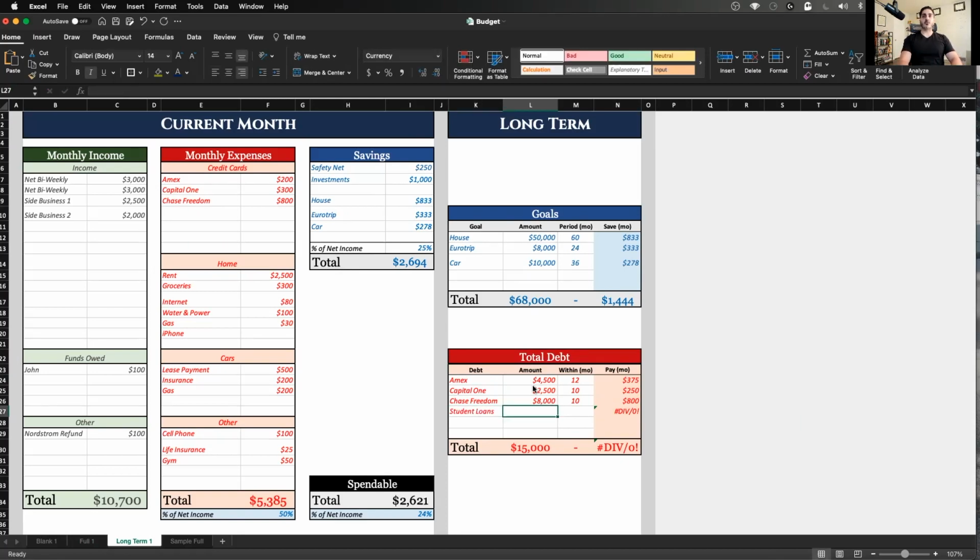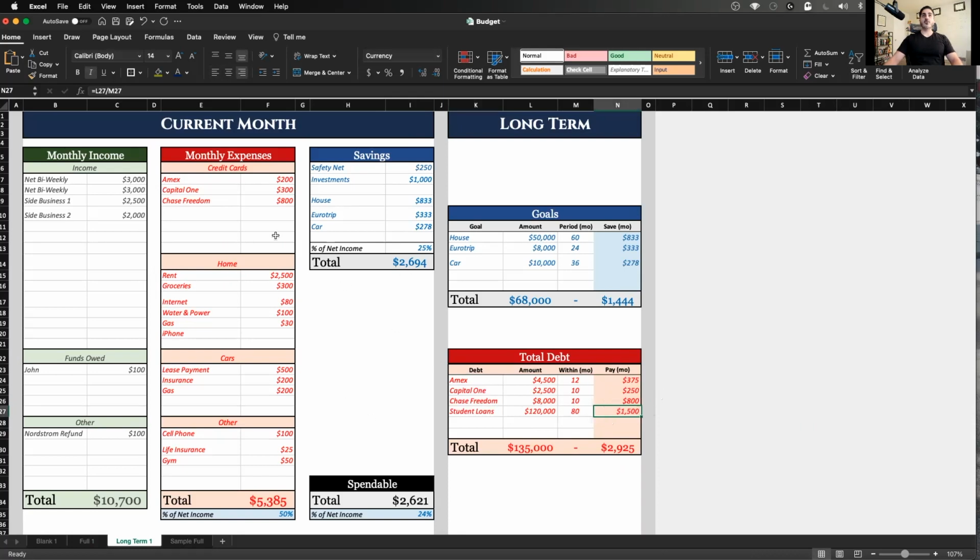Maybe you're on a student loan program. Maybe you want to pay in addition, or whatever else your case might be. So whatever your debts are, right? Student loans, $120,000, and I want to pay that off, let's say, in 80 months. It's $1,500 a month. So you see how you're getting a breakdown as to what you need to pay each month to be able to pay off these debts.